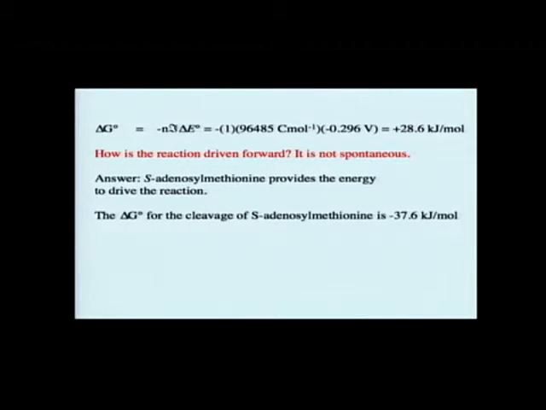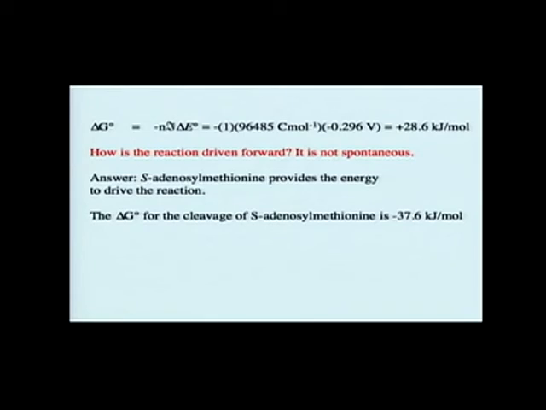And in this case, the energy that's put into the system is from a molecule called S-adenosylmethionine. And the cleavage of S-adenosylmethionine has a delta G naught of negative 37.6 kilojoules per mole. So it's more favorable than the reduction of B12 is unfavorable. And so this drives the system. So S-adenosylmethionine